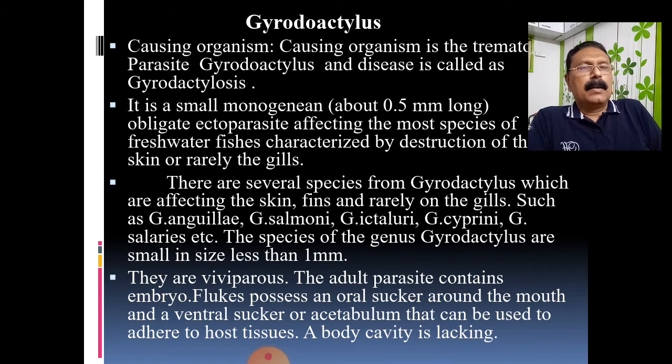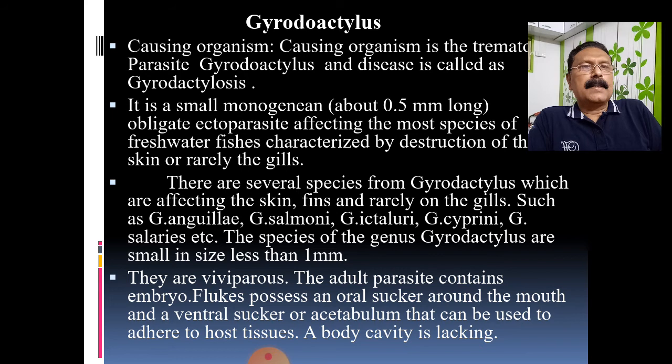So this is also an ectoparasite. Keep in mind that Dactylogyrus was also an ectoparasite, and this Gyrodactylus is also an ectoparasite, which is found on the skin. Do not make a confusion here. Dactylogyrus is known as the gill fluke because majorly it is found in the gills of fishes. Majorly it affects the gills of fishes. Therefore Dactylogyrosis is known as the gill fluke.